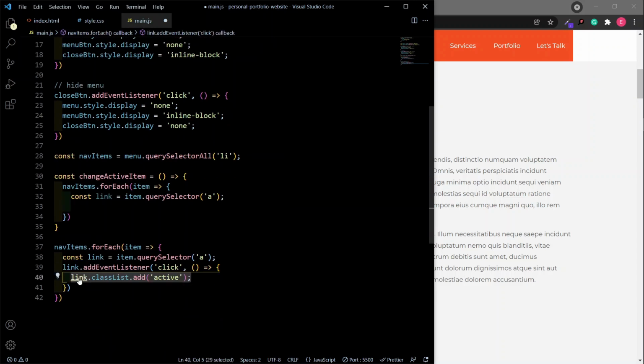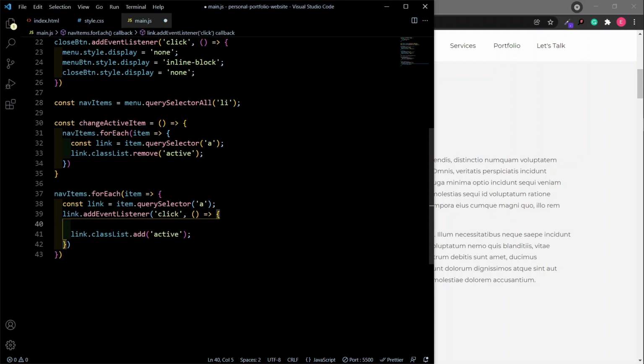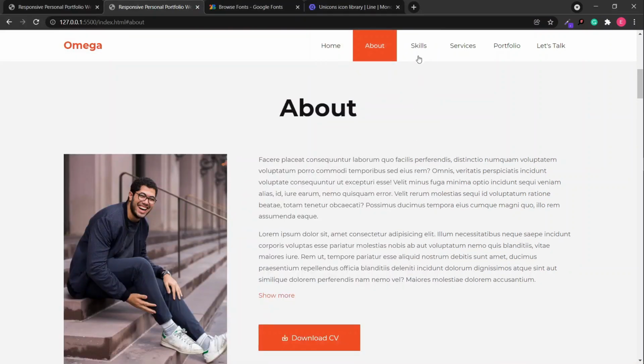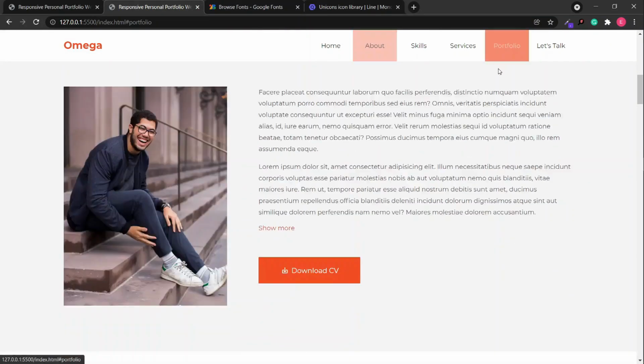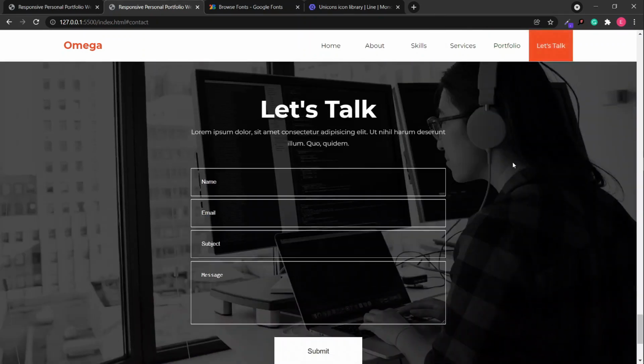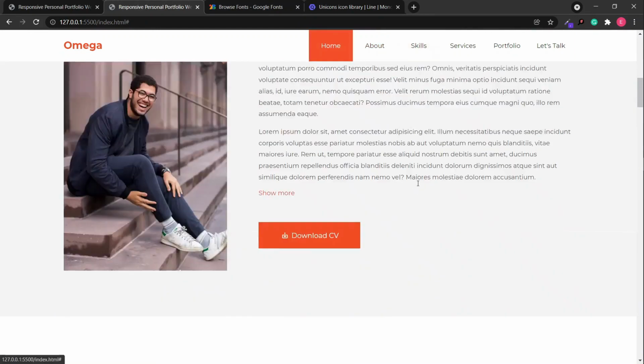Okay, so when we click this, I'm going to call this function, which is going to remove all the active class from all the elements. So that is what I'm doing here. So I'm just going to call this function here. Okay, so let's try that. So we are at the about section. We can click to go to the portfolio section, and notice only the portfolio section is active. You can go to the contact section, back to the about section, the skills section, and all of that. Okay,